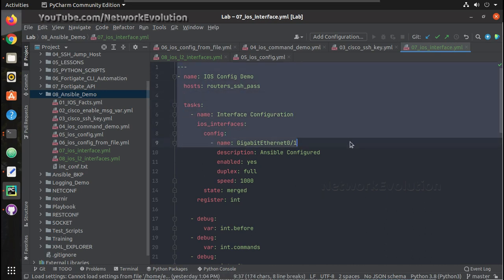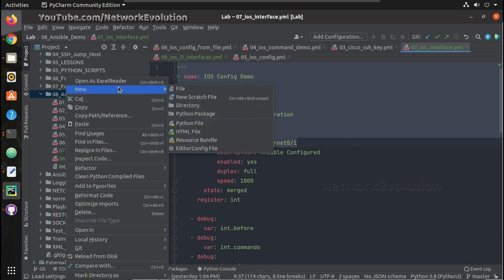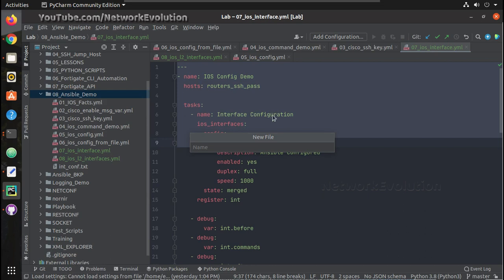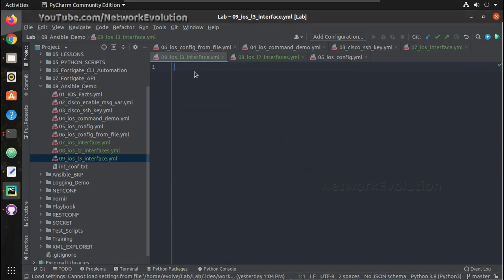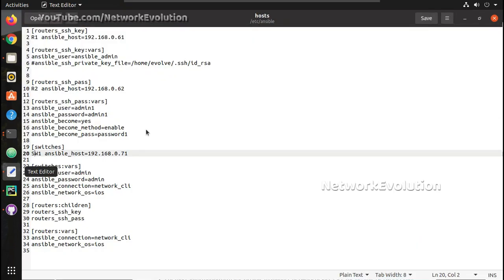So for that, we'll copy this and create a new file 09. The device which I'm going to use is the routers SSH pass group, which I used earlier.